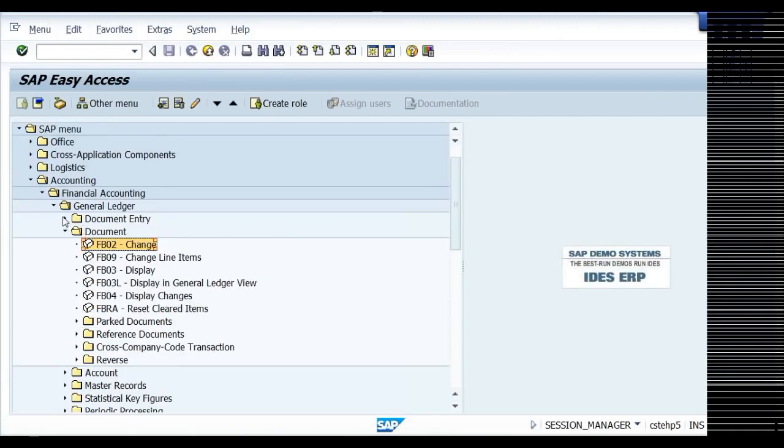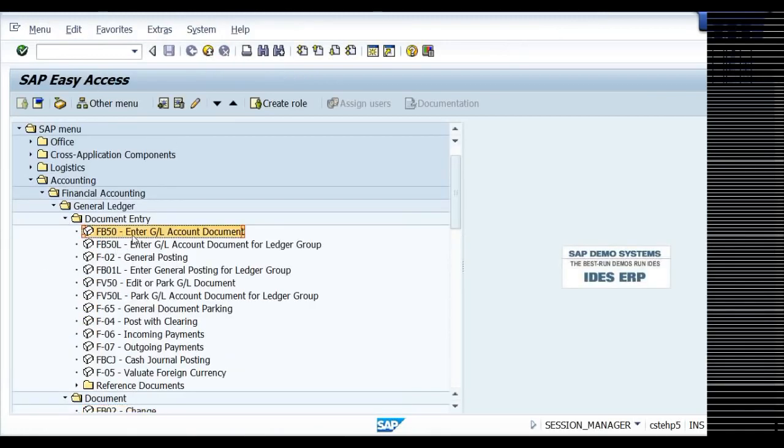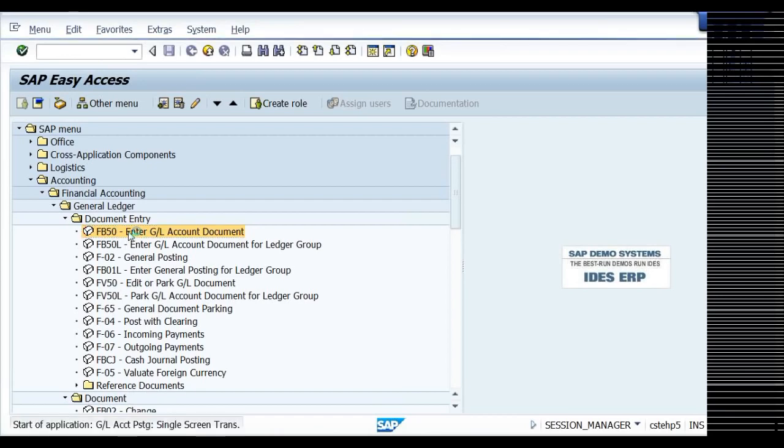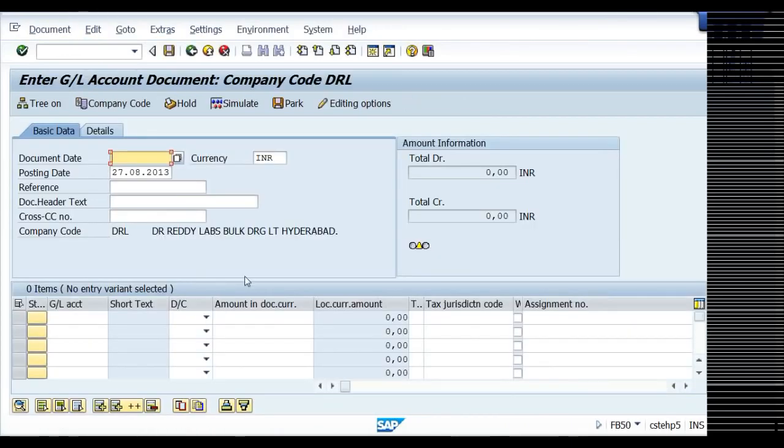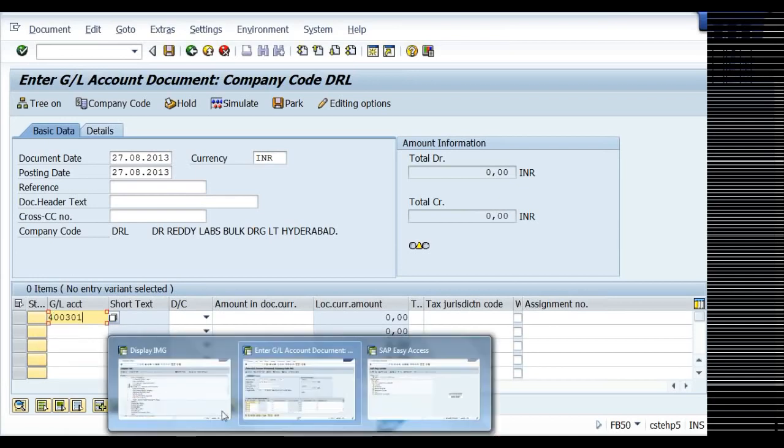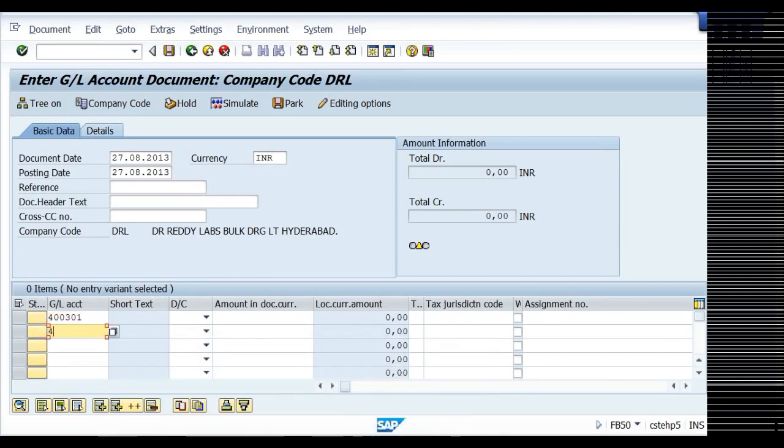See here, document entry FB50. In FB50 I can post a multi-line entry. Say 400301 is my office rent, 400302 is my telephone expenses, 400303 is my office maintenance.